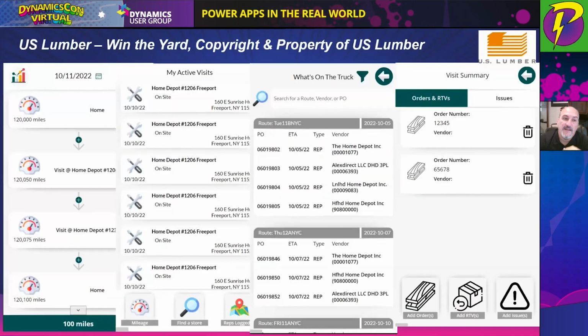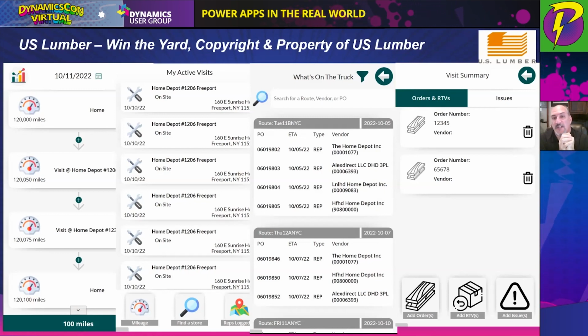So on the left-hand side, we had this ability where this is the miles on the person's car. And as the person went from store to store to store, they had the ability to enter the miles. What was this for? Reimbursement and expenses. Now we can track real-time miles and know how many miles and how much fuel each person has been spending, their travel from point A to point B, as well as their active visits, the visits for the day, what stores they're going to, how far they're going to be, and then again, notate those visits, complete them, and record them inside the system.